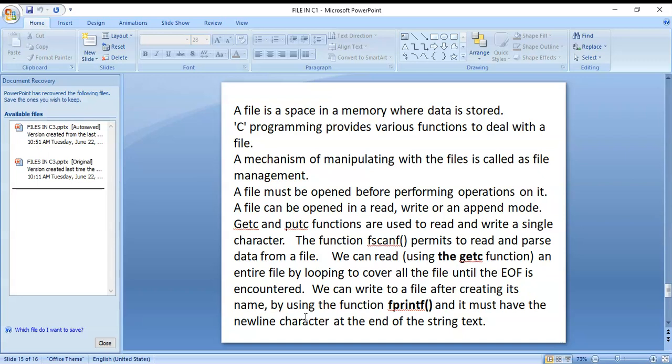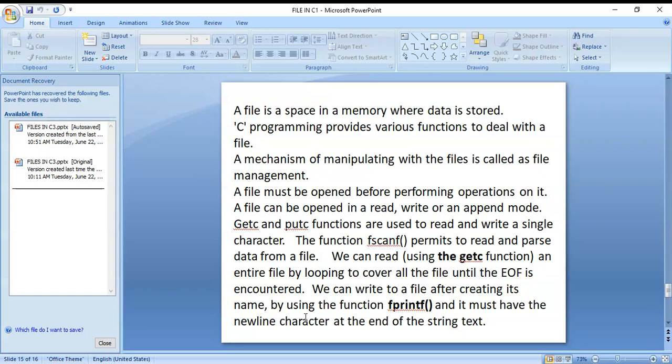A mechanism of manipulating files is called file management. A file must be opened before performing an operation on it. Any operation you can do on files, you must open that file first, then perform operations: read, write, append.